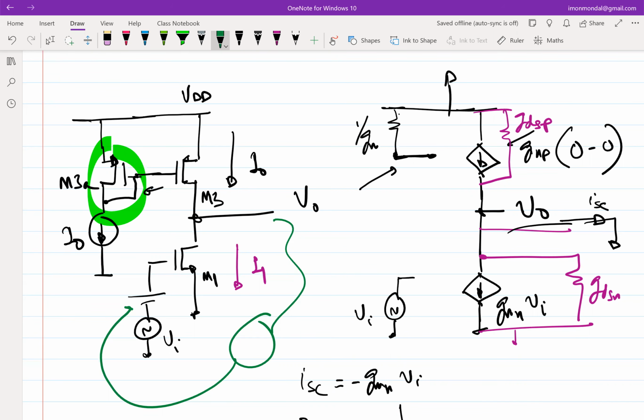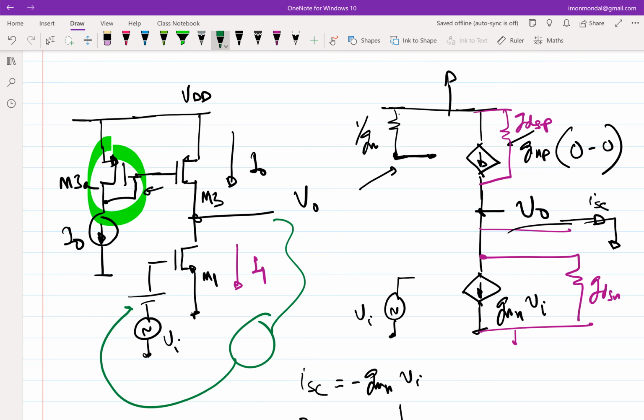When we close the loop, like when we provide the biasing for this M1, will there be any change in this gain expression? I'll come to you. Yeah. While figuring out ISC, I didn't get the question. You have to take the GDSP and